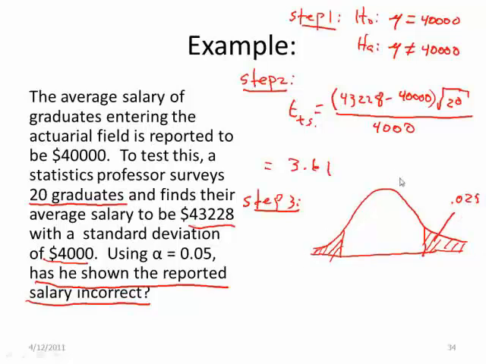We also need a degree of freedom. Our degree of freedom for hypothesis testing is the same as it was for confidence intervals, so the degree of freedom is always n minus 1. In this case, our degree of freedom is going to be 19. So you can look up in the T-chart the column of 0.025 on 19 degrees of freedom,